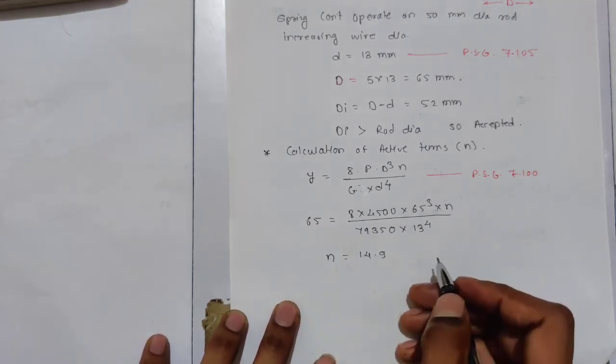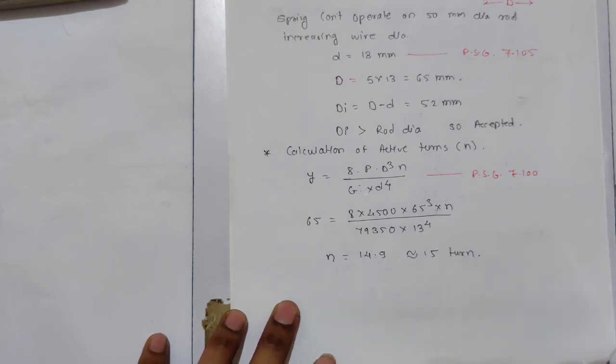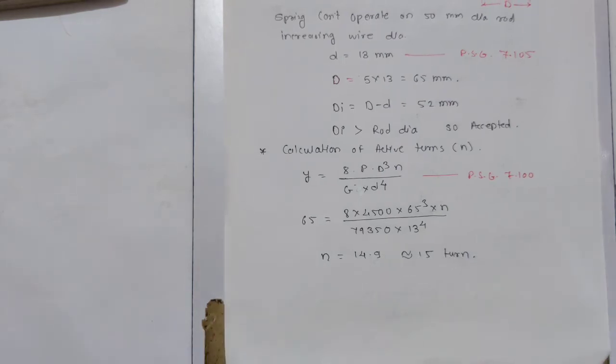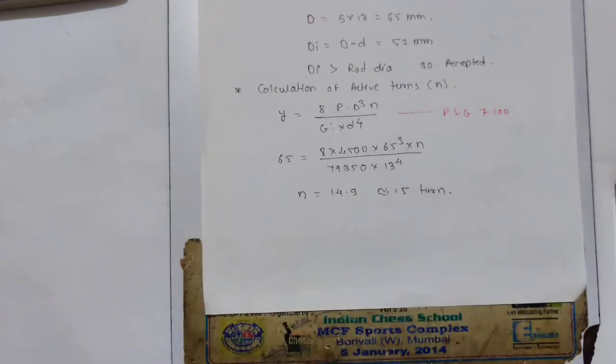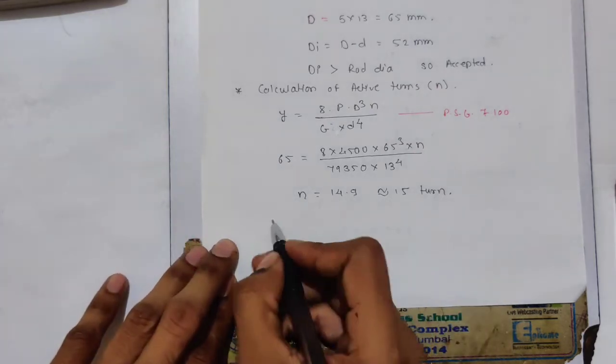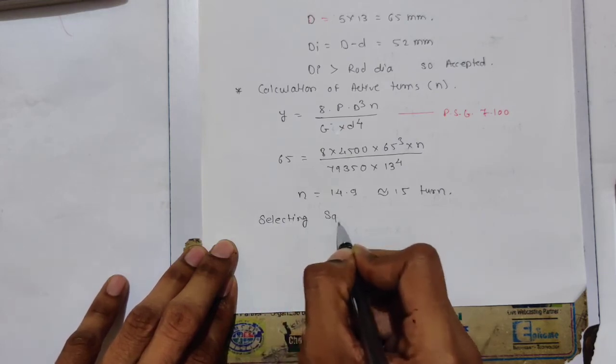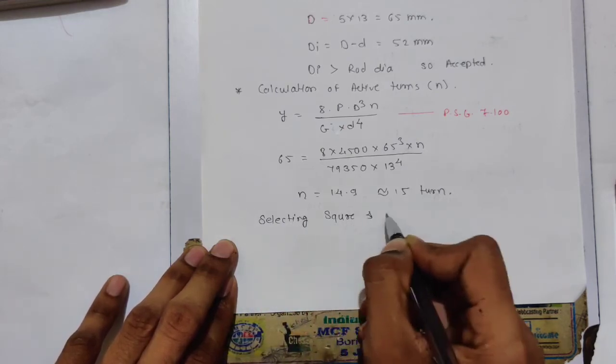So you can say 15 turns. Alright, so you got N. So we know which type of end we select. It is square and ground from PSG 7.101. So selecting square and ground